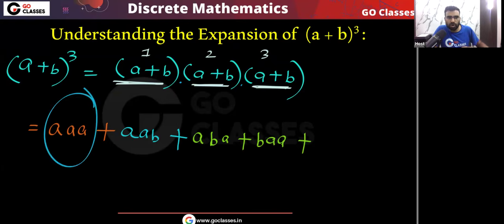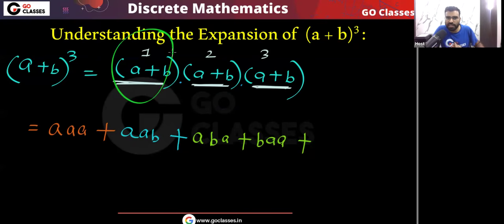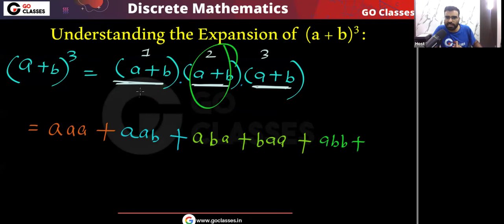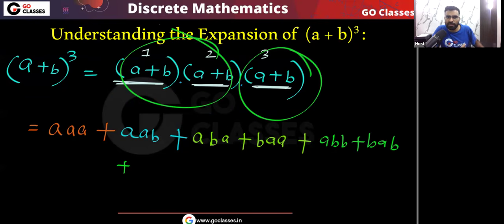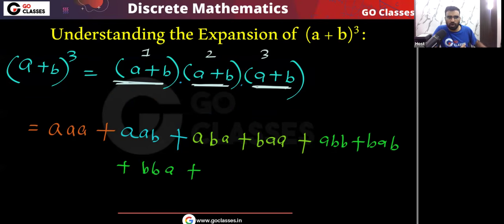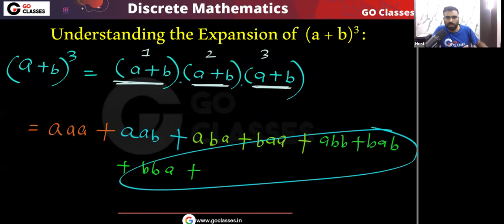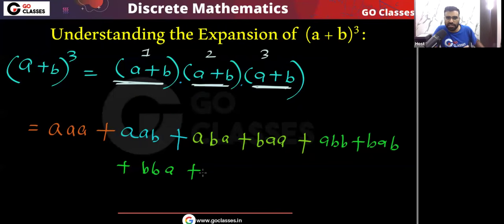You can see here we have no B, here we have 1 B. Similarly, we can have 2 B. If I want 2 B, then what will I do? From two factors I will take B, and from one factor I will take A. So for example, from here I can take A, from here I can take B, B. Or from here I can take A, from these two I can take B, B. Or from here I can take A, from here I can take B, B, so it will be like BBA. Or you can see here there is no B, here there is 1 B, here there is 2 B. Or from all these three factors I can take BBB. So that's it. Only these are possible.